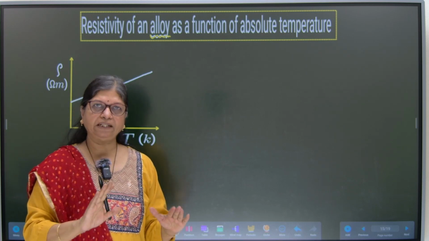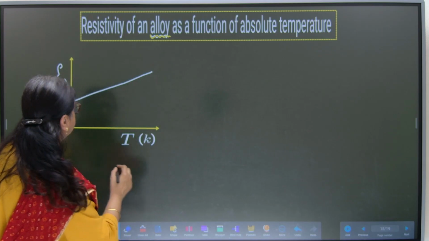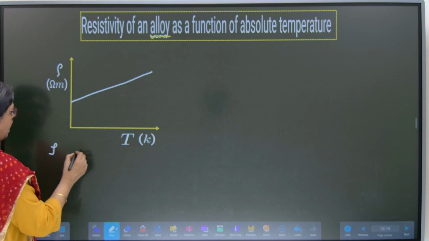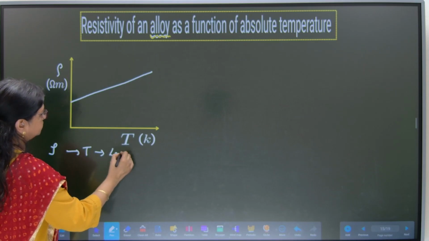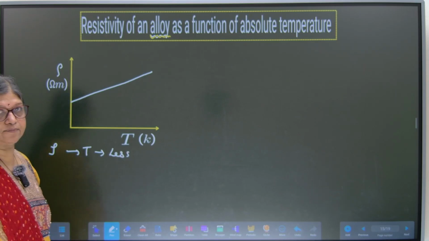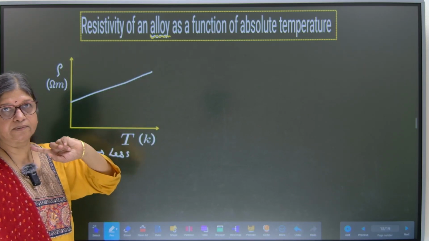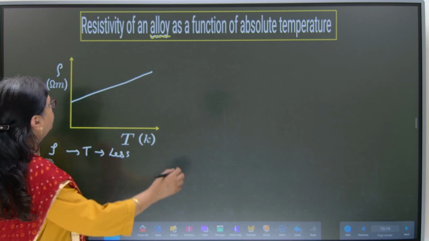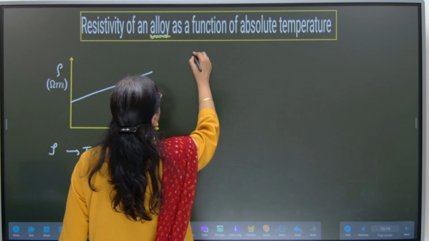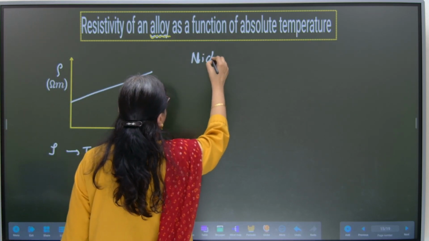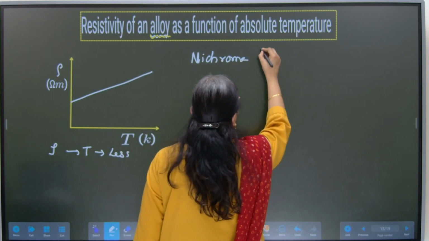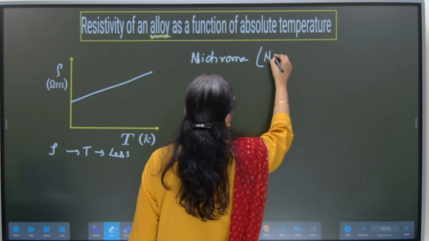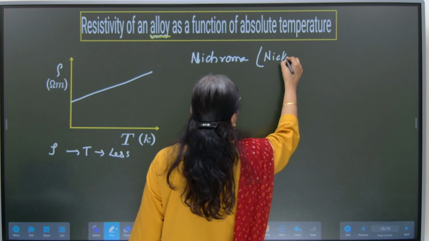Okay, the dependence is there, but the dependence of rho and T is less comparatively in alloys. Fine. So we can write down nichrome as one such alloy, which is a mixture of nickel,